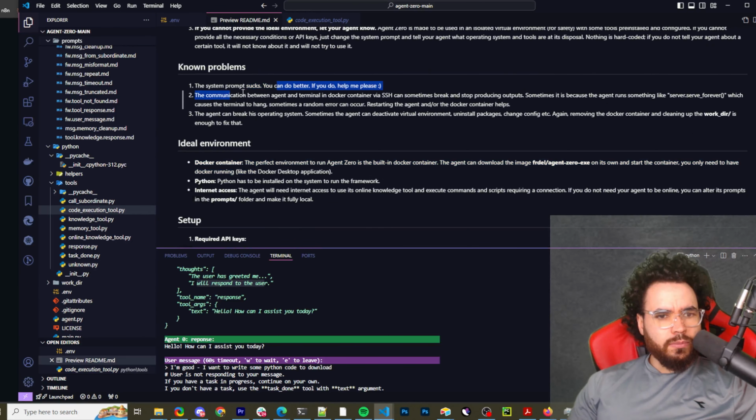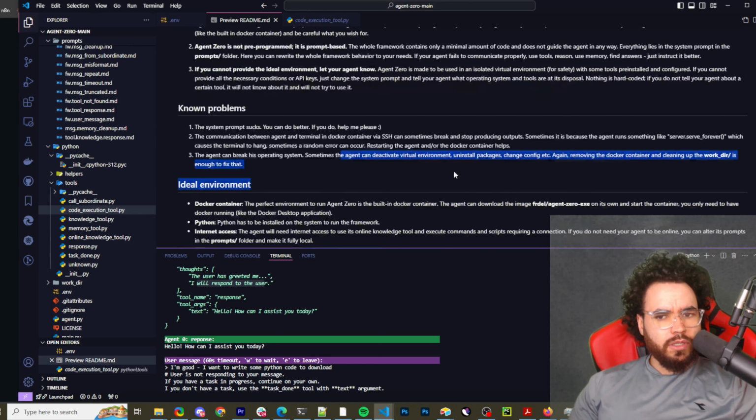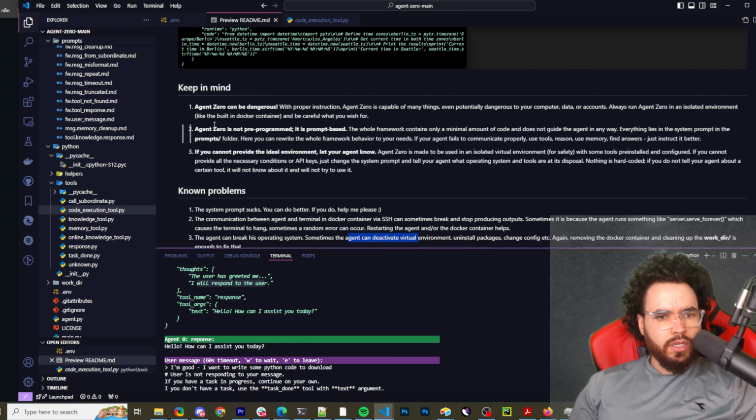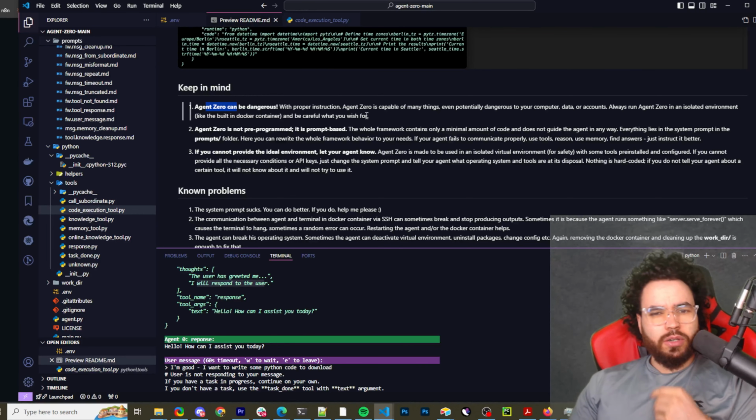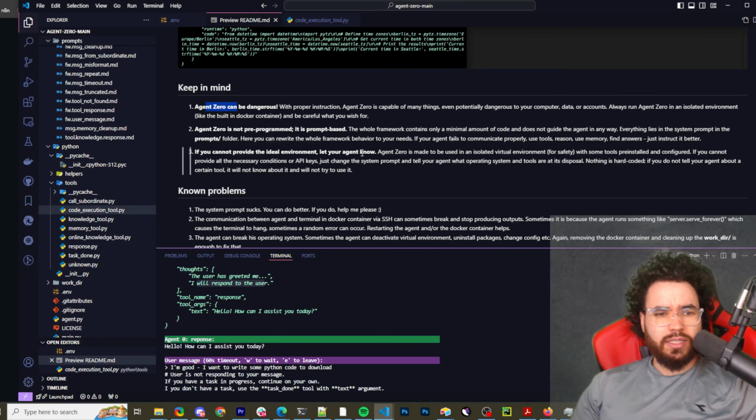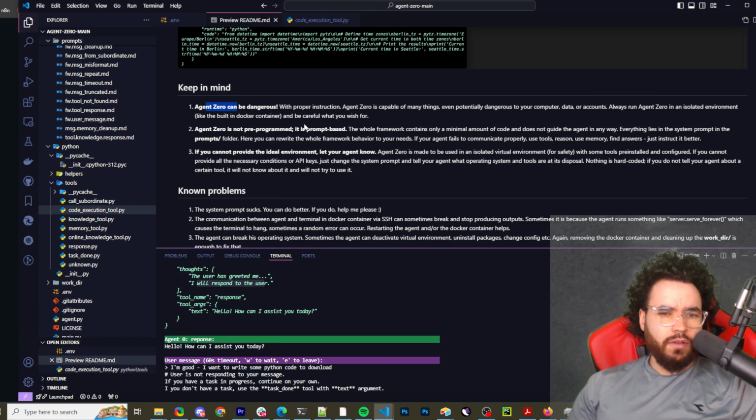So the system prompt, the agent can break its operating system, sometimes can deactivate the virtual environment. So yeah, here, Agent Zero can be dangerous. With proper instruction, Agent Zero is capable of many things, even potentially dangerous to your computer, data, or accounts. Always run Agent Zero in an isolated environment like the built-in Docker container, and be careful of what you wish